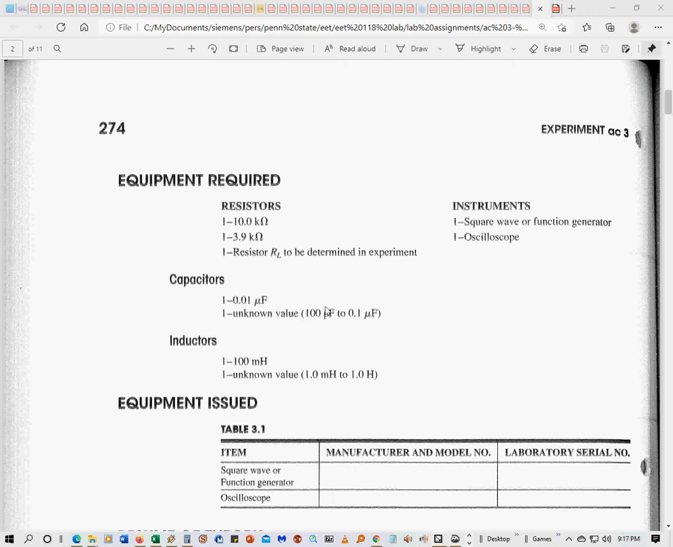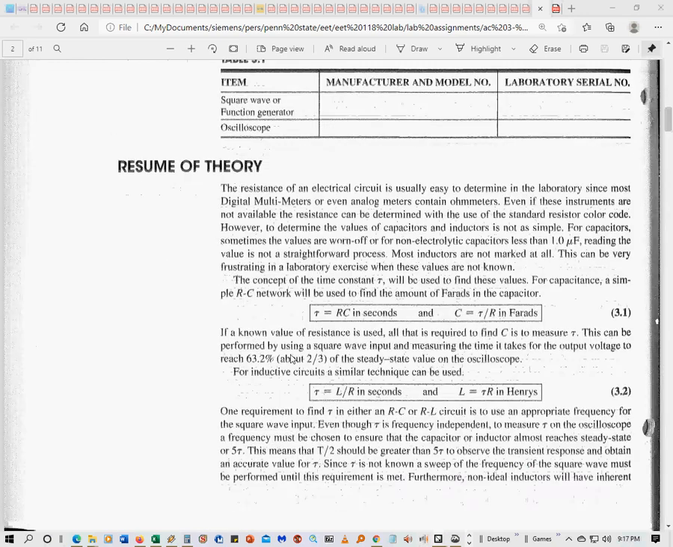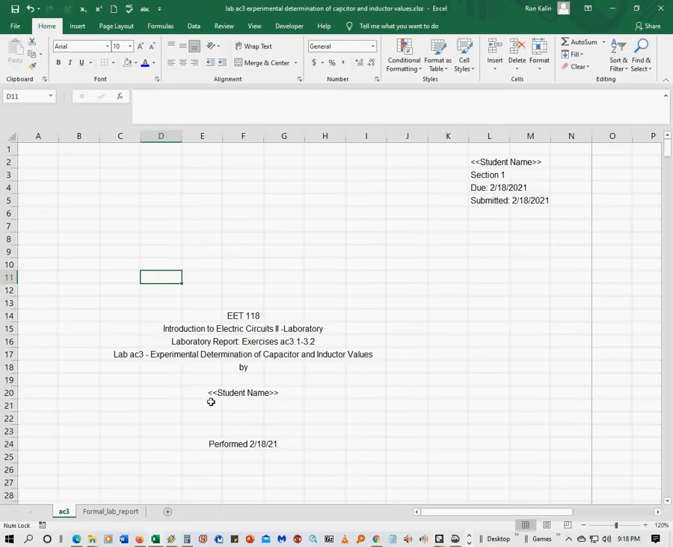I'm going to do part one for you, and you guys are going to end up having to do part two in the exercises. Basically, the résumé of theory talks about the time constant and these equations here and how they relate, and you can actually calculate the capacitance and the inductance using these equations. So in here, in Excel, I